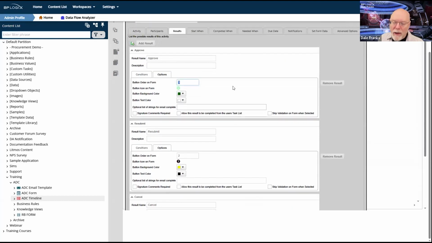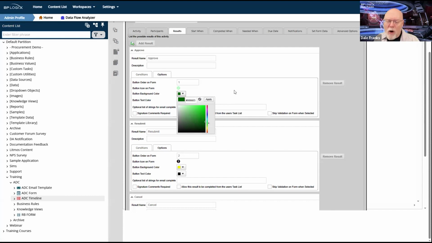As I've talked about a couple of times, we always want to present the same results in the same order to all of our users. And by the way, that also covers the colors that we're going to use. You should probably have some sort of style guide for your organization that specifies colors.